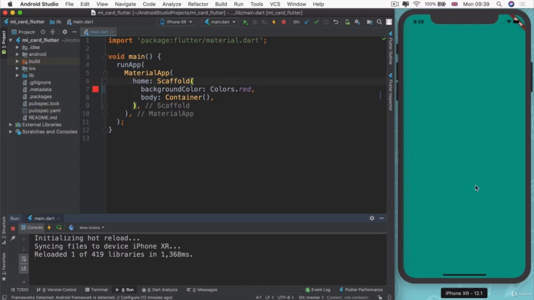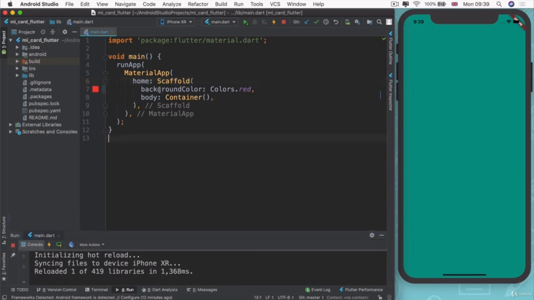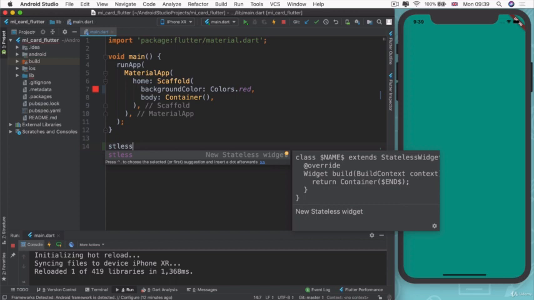Why hasn't it changed? Well, the reason is because for hot reload to work, we have to have the things that we've changed inside a Flutter stateless or stateful widget. So let me show you what that looks like. In order to create a stateless widget, there's a really quick shortcut that Flutter gives us, which is if you type stless, so stateless, I guess, for short,